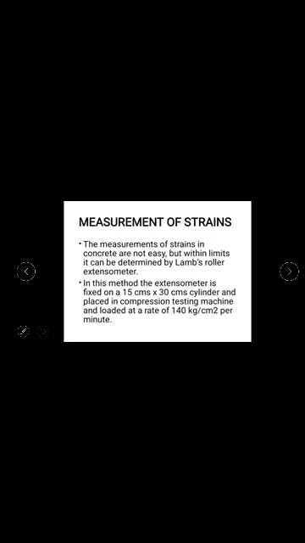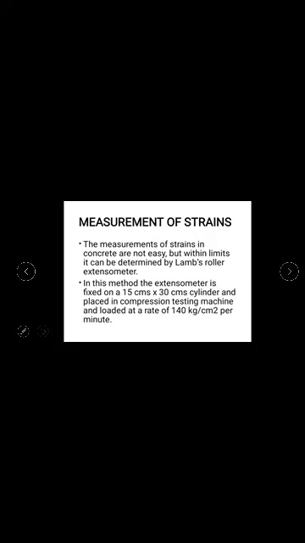So strains are important because by knowing the stress and strain values, you can plot the stress strain curve, and then you can find out the Young's modulus. The measurement of strains in concrete is not so easy, but within certain limits it can be determined. So here Lamb's roller extensometer is used to find out the strains within the predefined gauge length. In this method, the extensometer is fixed on a 15 cm by 30 cm cylindrical specimen,